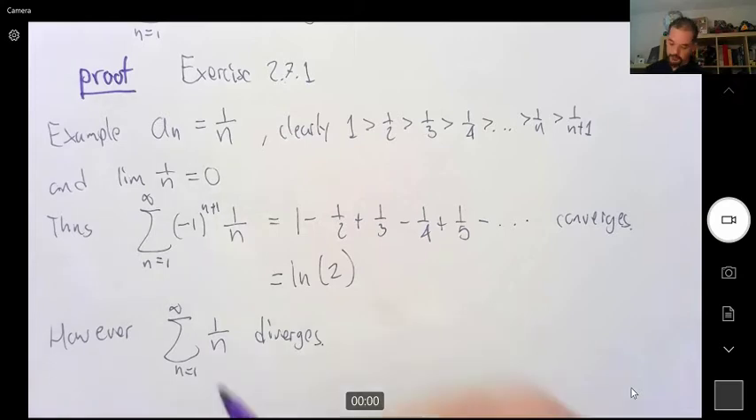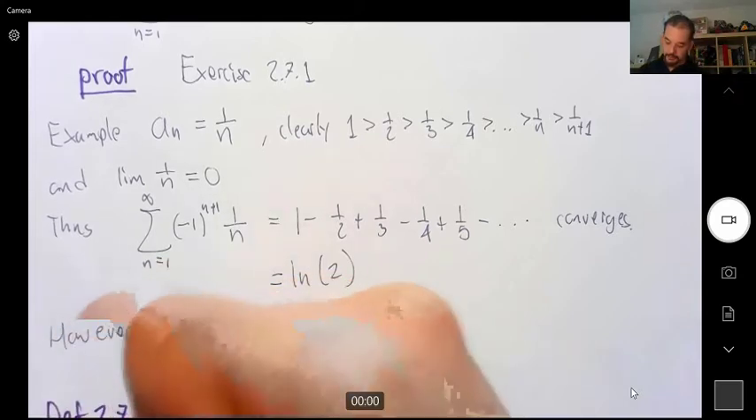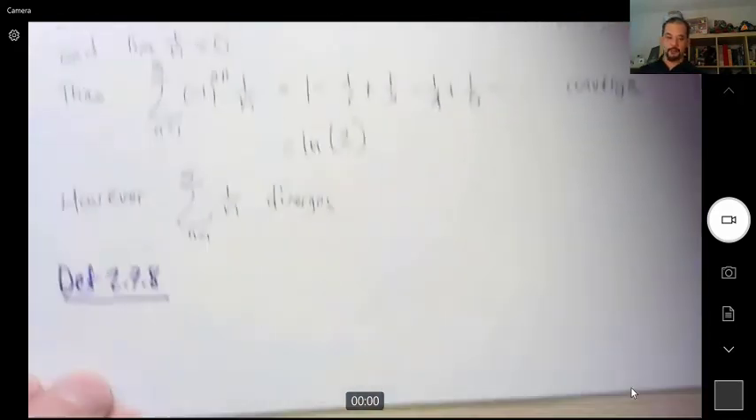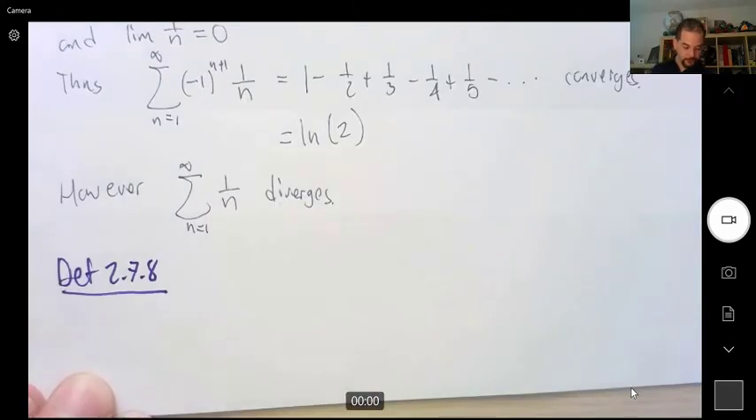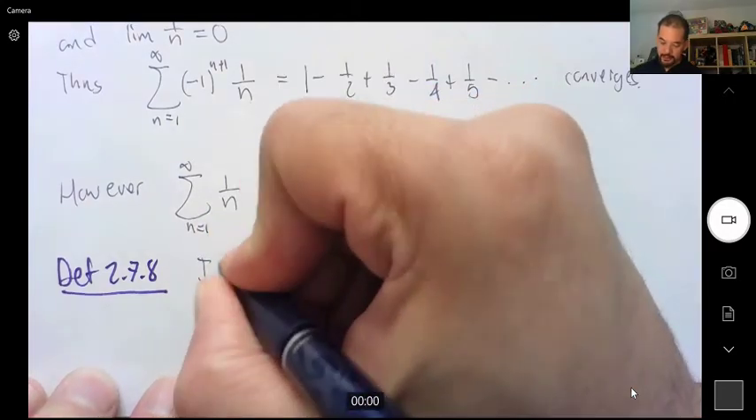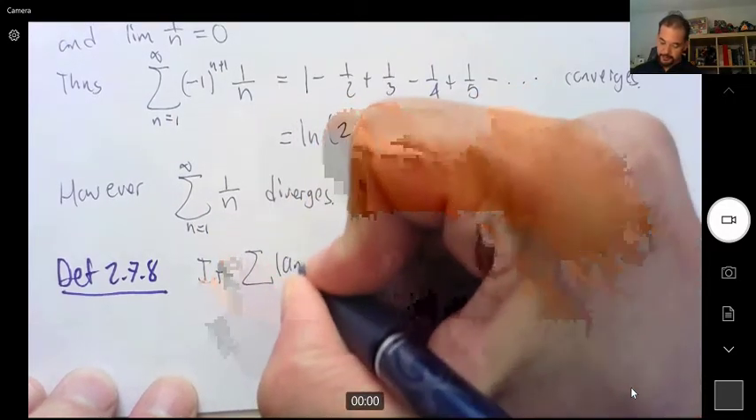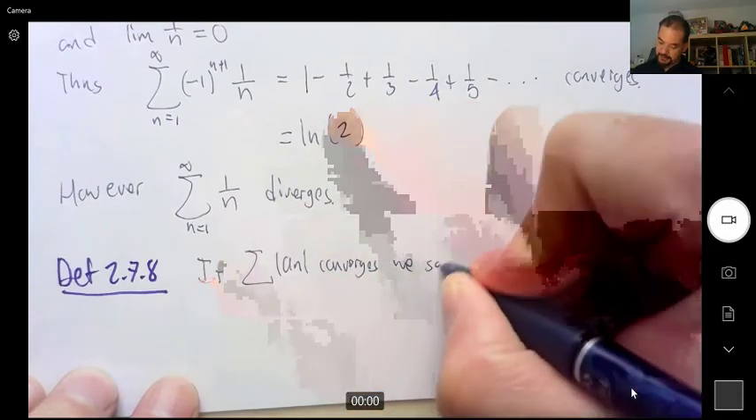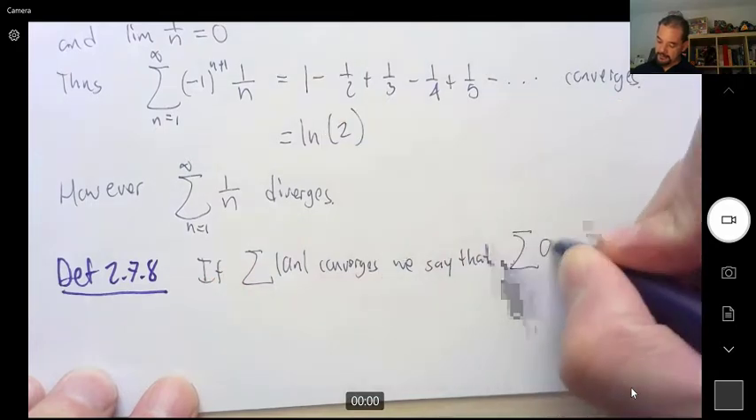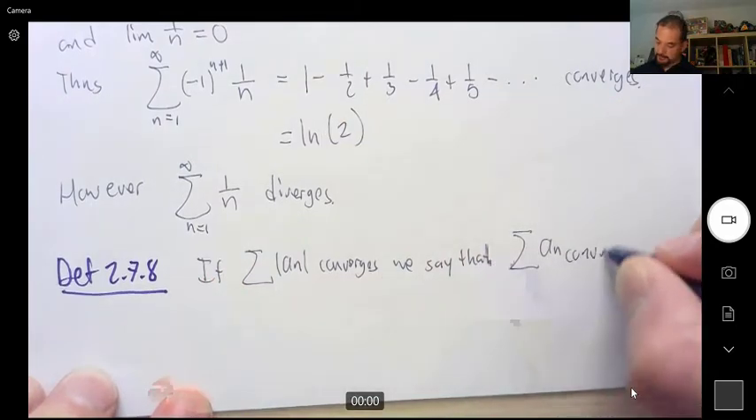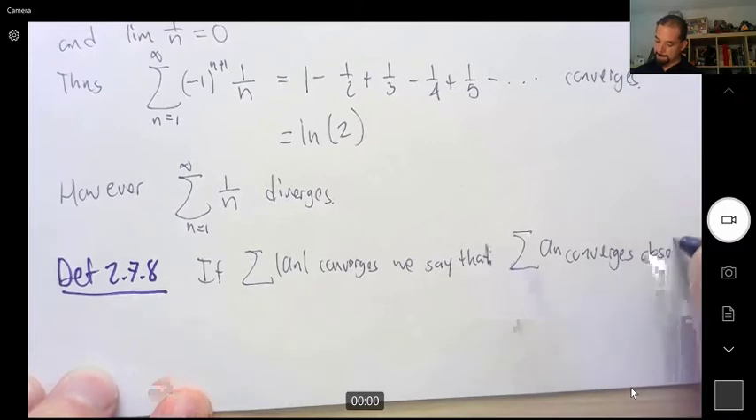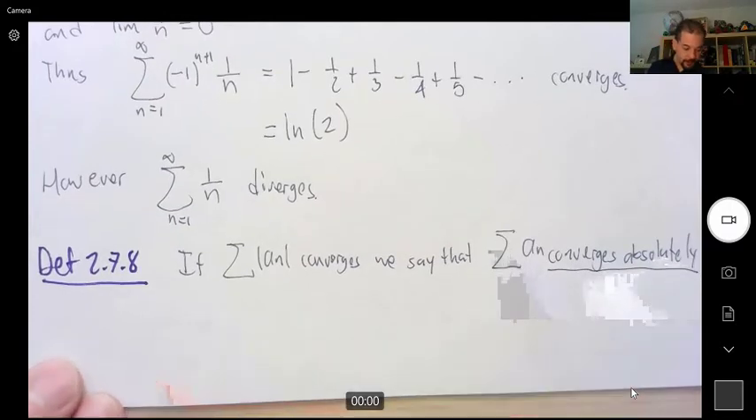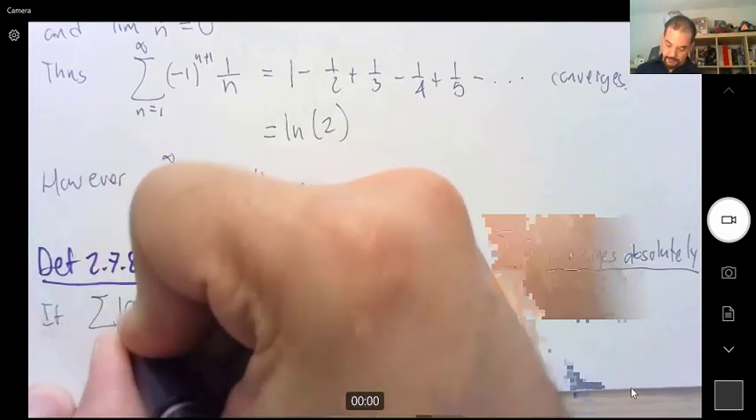And you should know this also from your calculus classes. So therefore, we can define absolute convergence and conditional convergence. So I'm just going to write it here. We say that if a series with absolute value converges, we say that the regular series converges absolutely. That's the new term we're learning. Converges absolutely. And if that doesn't happen, if the one with absolute value diverges,